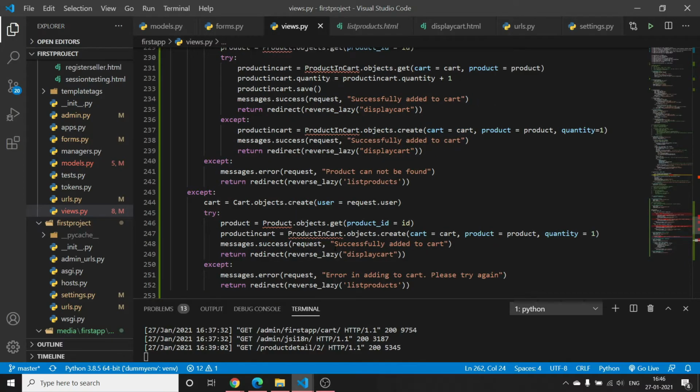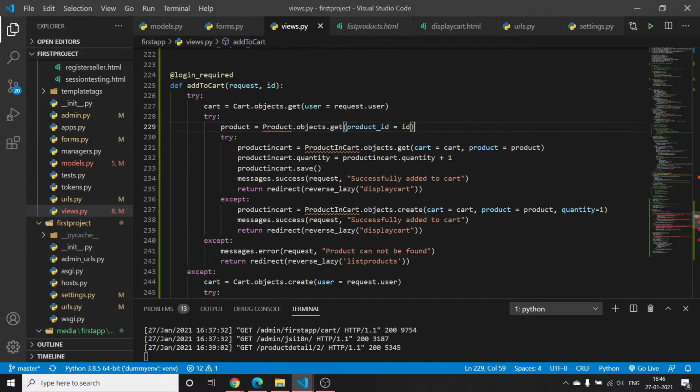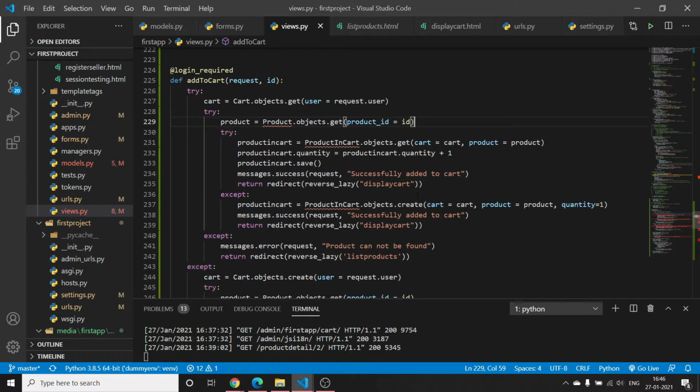Okay, so proceeding further, this is the way we have handled it if the cart record does not exist, but if it exists then it moves here. So we will again filter that product from the database through the unique primary key. Then we will find out whether, with that unique product ID, the product already exists in the cart of that user or not.